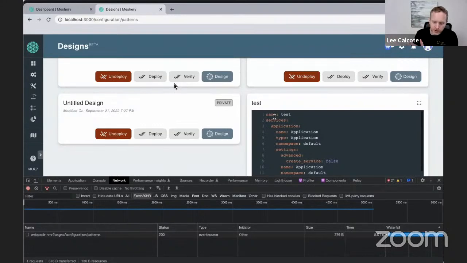Or maybe you want to deploy it to a different cluster. So anyway, I'm just speaking out loud about the possibilities of how these buttons, these actions might unfold in the future. It's a good question. We also should be consistent about the use of either verify or validate, like the verb choice.